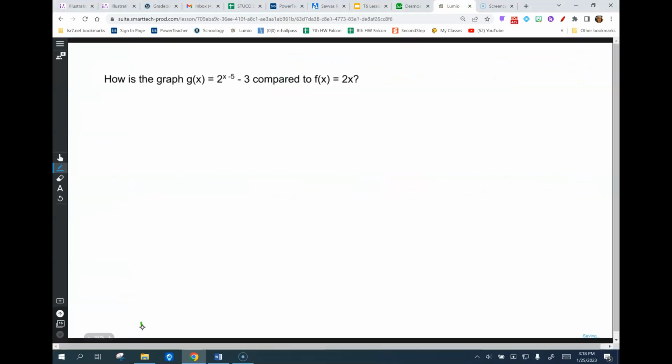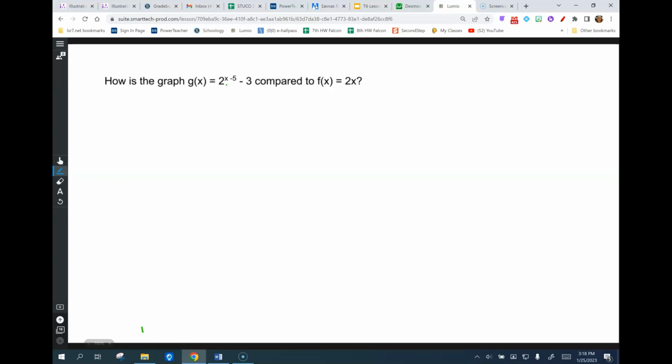Now I made up one other one, and I'd like you to put this in place of, on page 134, put it on page number 5. So write this in number 5. How is the graph g of x equals 2 to the x minus 5 minus 3 compared to 2 to the x? So we're just going to look at the shifts. If I just look at the shifts here, this right here tells me that it's going to shift down 3. And this is going to tell me that I'm going to go right